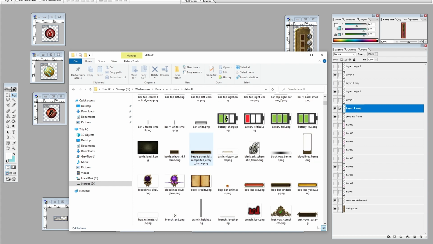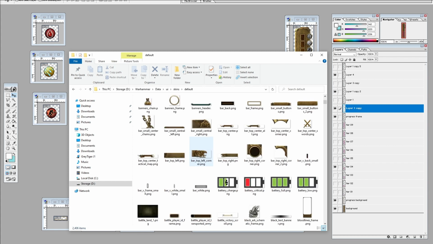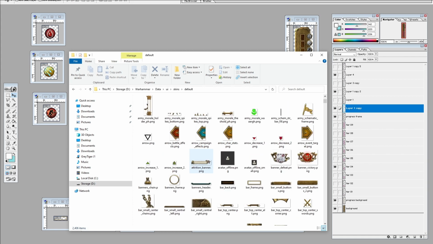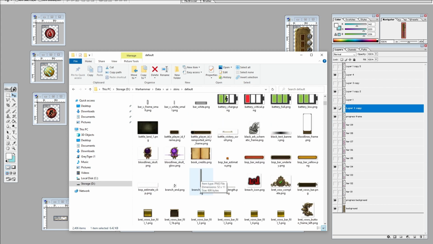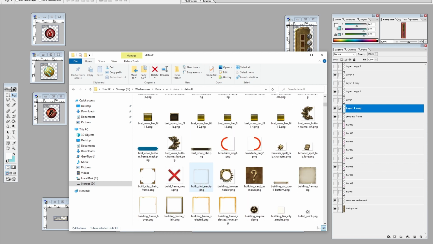which I just went past. So banners frame PNG. We also want to open up in our image editor building frame PNG, which is a little bit further underneath. Here it is. We also want to open up bar frame PNG,